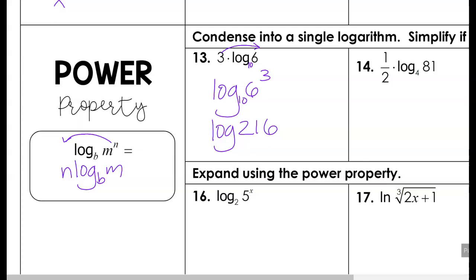What about here? How would you expand this? Number 16. x times log 2. Good. Log base 2 of 5, we say. What's the difference between a